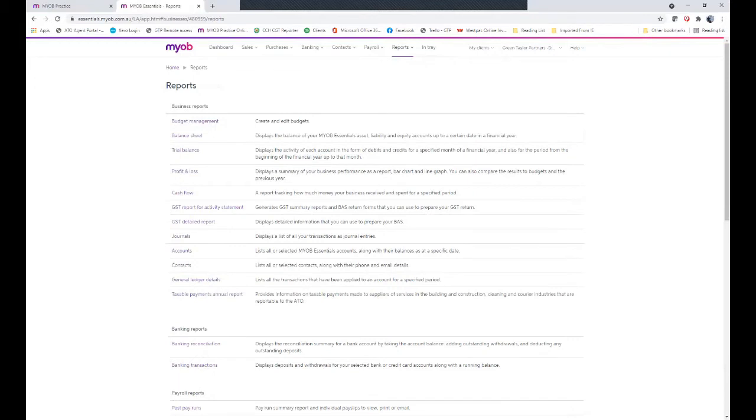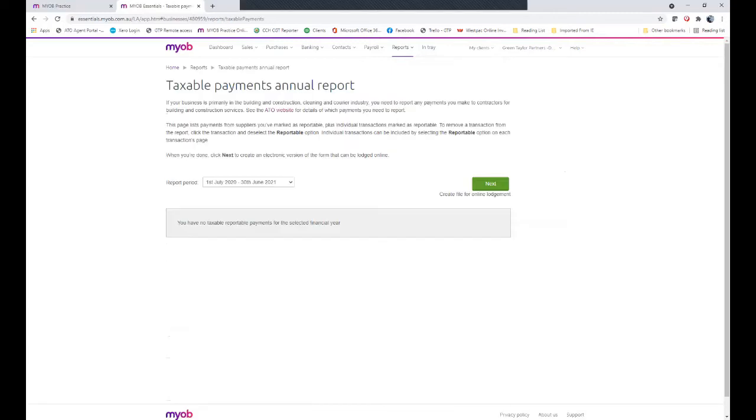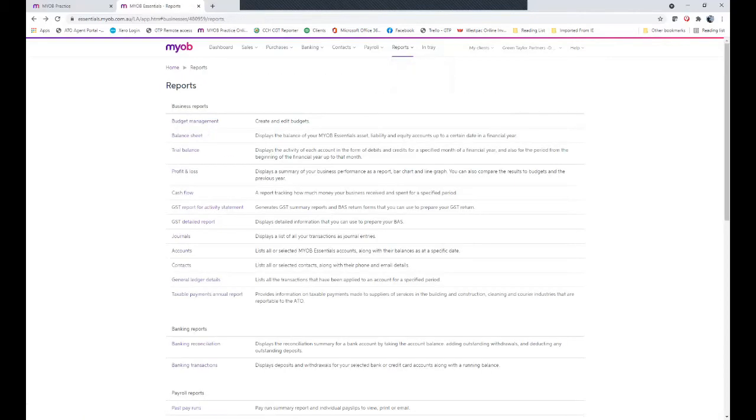Now, if you haven't had that switched on, none of the transactions for any subcontractors or contractors will actually be ticked and marked to be coming up on your taxable payment reporting. So when you click this, nothing will appear. If this is the case, you'll have to go and edit all the transactions recorded for those suppliers throughout the year to get them to report on your software. To do this, one way of doing it is to go to Reports, General Ledger Details,